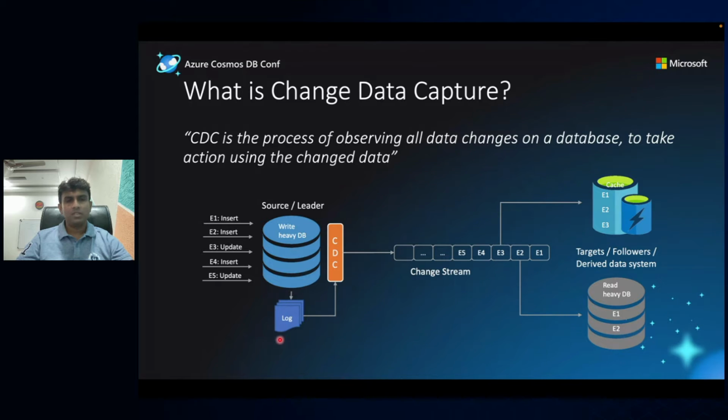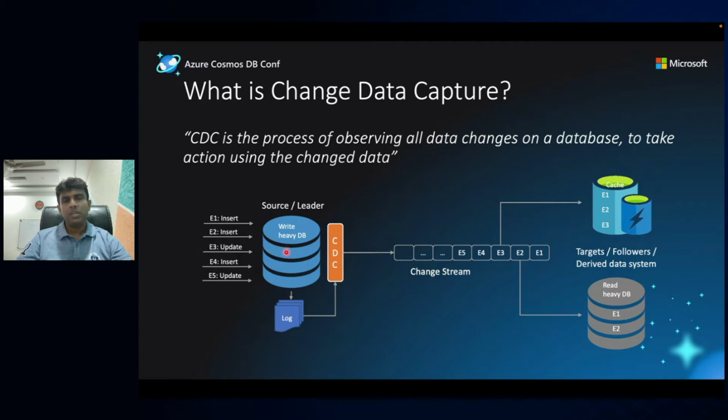For instance, RDBMS databases typically call them a transaction log, and Mongo calls it an operation log. So any change that happens in the database is tracked in this log. Technically speaking, if you have the complete history of the log, you could recreate the entire database from the logs alone. So CDC relies on this log to capture the changes that are happening in real time on the database,